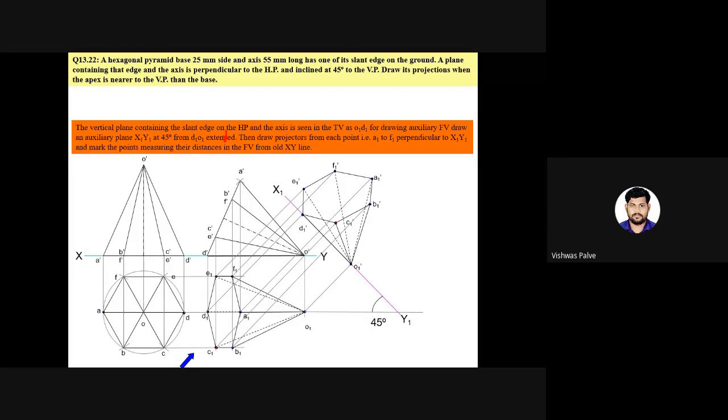In this problem, you first draw only the two stages. Draw stage 1 and stage 2, that's it. Don't draw stage 3 for the present. Practice stage 1 and stage 2, and then we'll go for further numericals. For today's classwork, you have to solve these three problems which we have included. I'll share those problems in our group so that you can solve them on paper. At least try to solve this problem first. Draw its two stages, stage 1 and stage 2, and then try to complete.